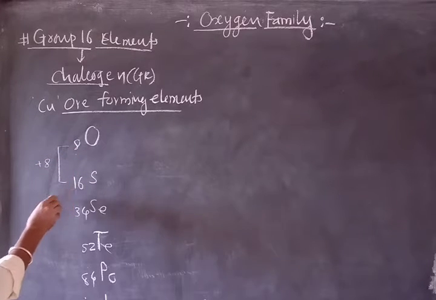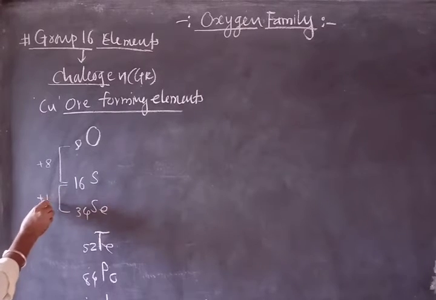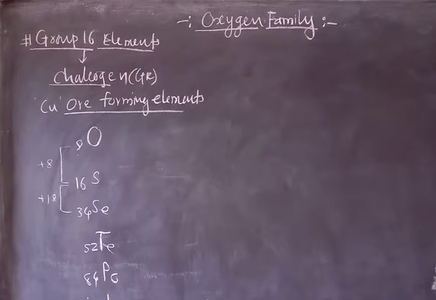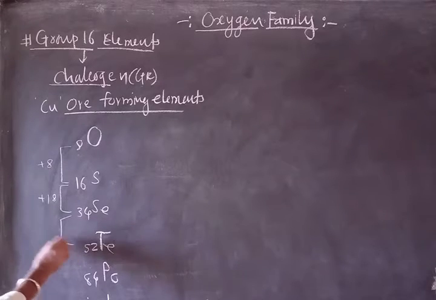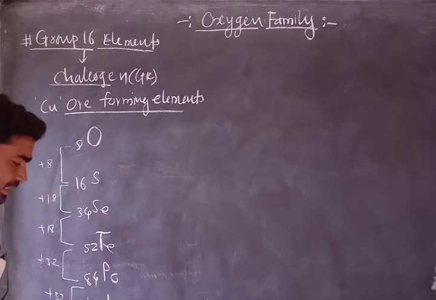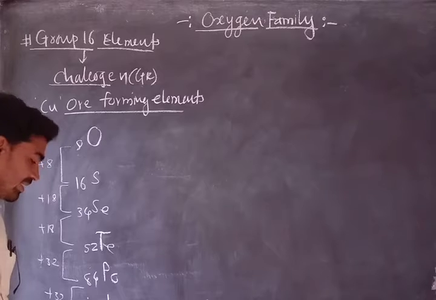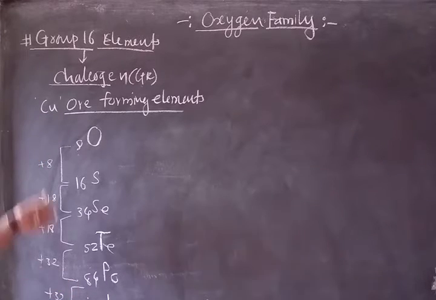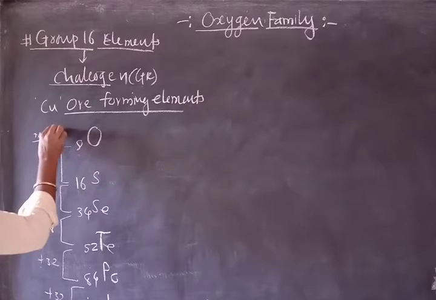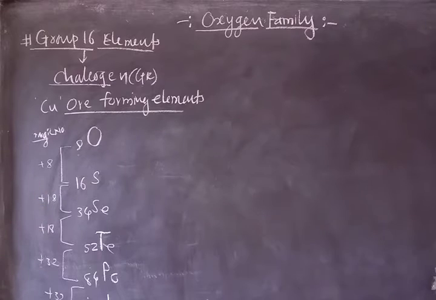You can remember the atomic numbers by using these magic numbers. After 8, you have to add plus 8, then plus 18, plus 18, plus 32, and again plus 32. The last element is LV, atomic number 116. These are the magic numbers, and with their help you can easily remember the atomic numbers of the elements.